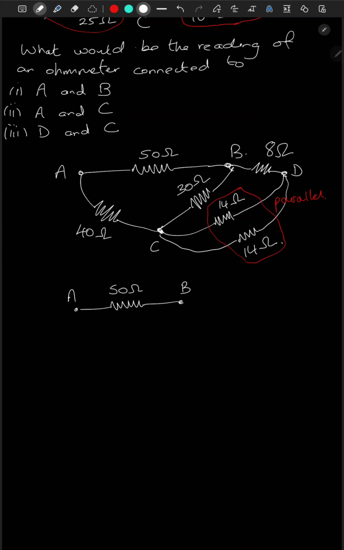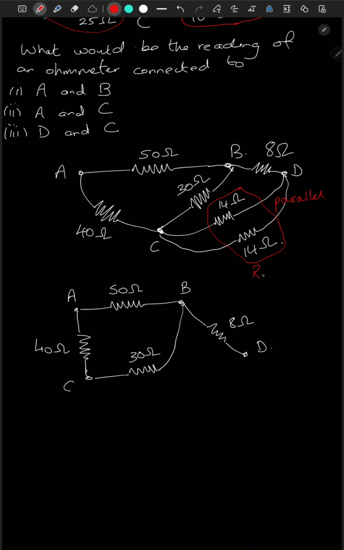This is point A. Here's a 40 ohm. This is point C. This is a 30 ohm, and from D to B we have 8 ohm resistance. We call this point D. And now from C to D we have this in parallel, which is,